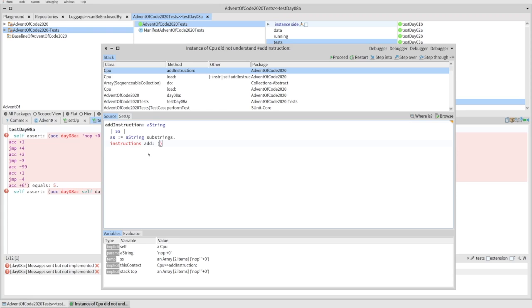So I'm going to say add instructions, add opcodes at SS first. So we'll do that, and that's going to return a class, so we'll create a new instance of that class, and